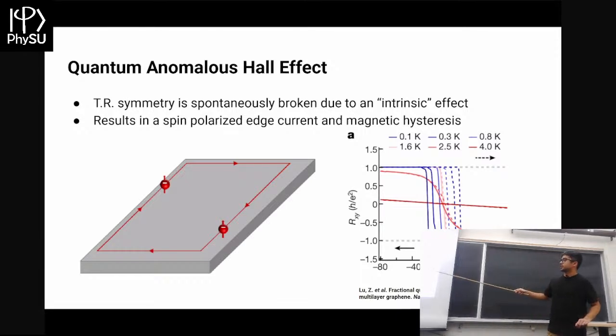Another interesting thing that happens is we get magnetic hysteresis. If we plot the resistance as a function of magnetic field, it actually depends on the direction that you're sweeping. If you're increasing B, you'll get this dotted line here. But if you decrease it, you actually get a completely different curve. This is shown as a function of temperature. At 4 Kelvin, you won't see any of this. As you drop down, you see this curve, and then the hysteresis starting to show. This shows that these effects really are only visible at really low temperatures.